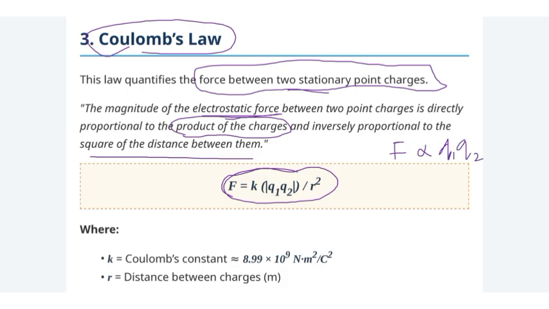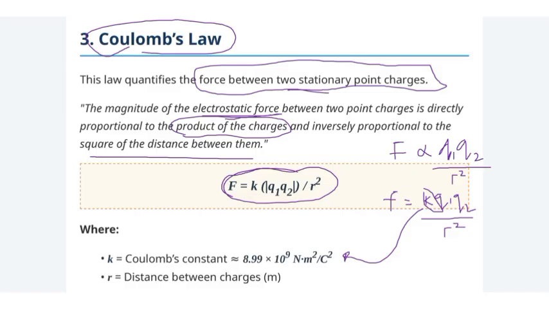That's directly proportional, and inversely proportional to the square of the distance r. By the time we add the constants to this, we'll have something like this: F, the force, equals K, the constant, times Q1, Q2, the product of the charges, over r squared, the square of the distance. Now, Coulomb's constant, this K here, is approximately 8.99 times 10 raised to power 9